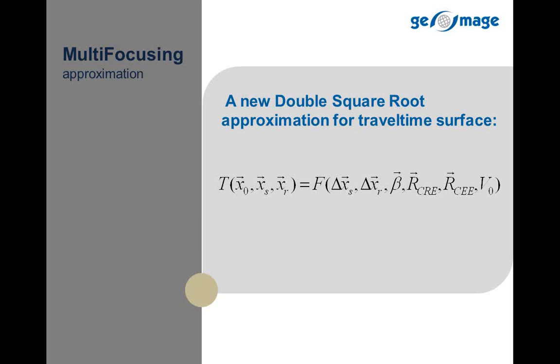For the two-dimensional case, we need to estimate from the data three unknown parameters, which are